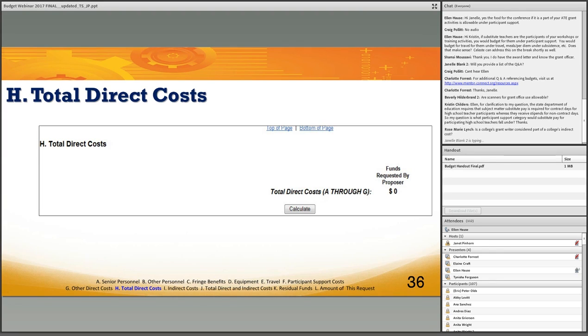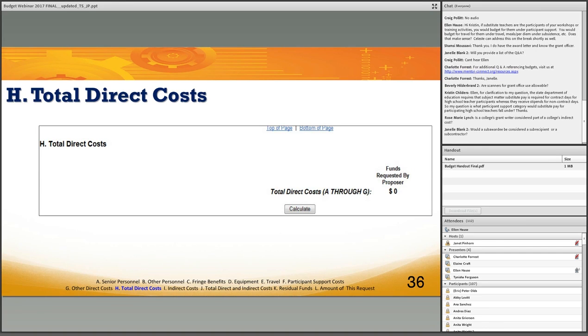And this is a picture of your total direct costs. This is the sample form from FastLane that will calculate it. This is actually the easy part. If you've entered all of your numbers correctly, the total direct costs for your grant proposal will be calculated for you. However, your budget is not yet complete, as you'll need to calculate your indirect costs,